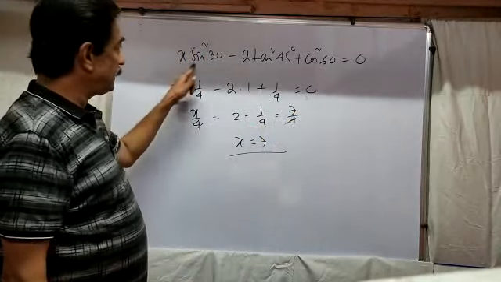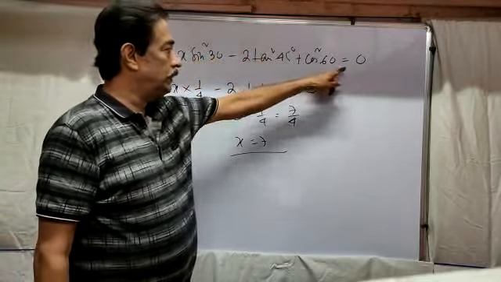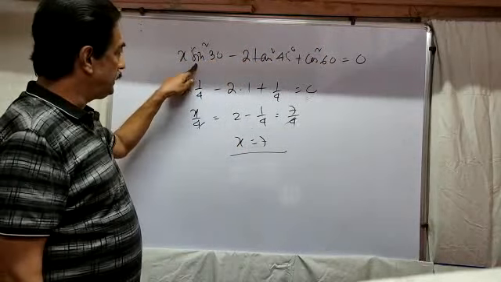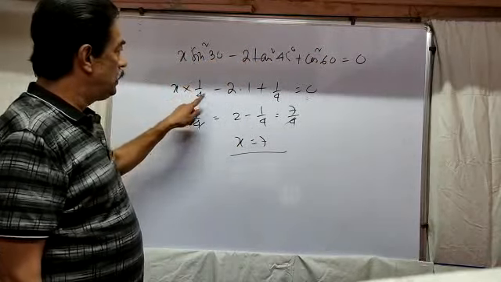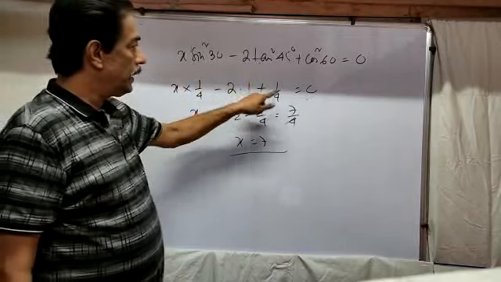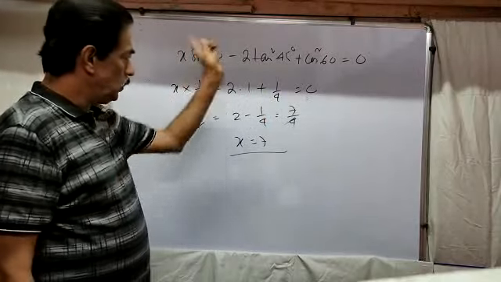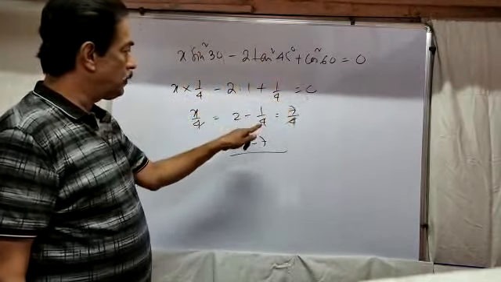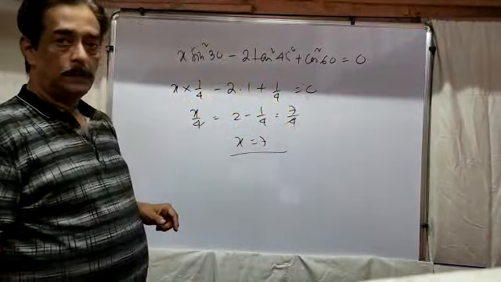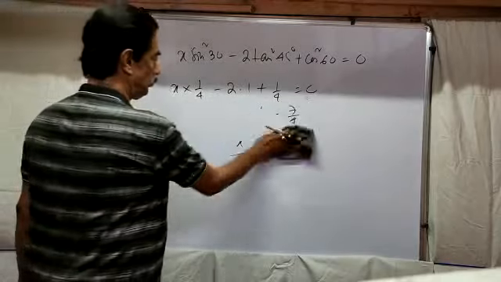Important pattern, trigonometric solution. X sin square 30 degree minus 2 tan square 45 degree plus cos square 60 into half. You have to remember all values. X sin 30 half, squared, directly 1 by 4, minus 2 tan 45 is 1, the whole square is 1, plus cos 60 half, squared is 1 by 4. X by 4, 2 that side, plus 2 minus 1 by 4, 8 minus 1, 7 by 4, 4 cancel, x equals 7. These are the trigonometric solutions. Next pattern,